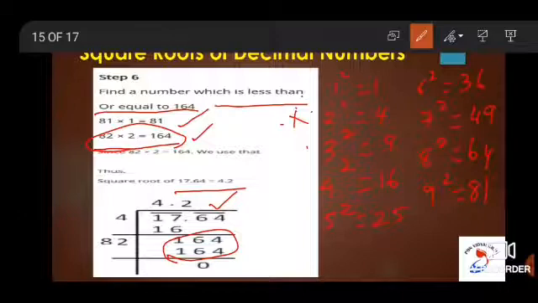And one more point, children, whatever method you perform, it may be either prime factorization or long division, you will get the same result. After completing the method, you can verify your answer by multiplying it twice and checking the result, so that you can be very clear that your answer is always correct.